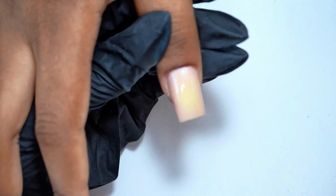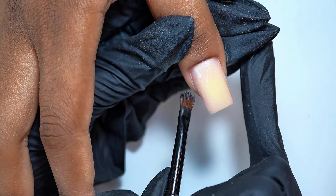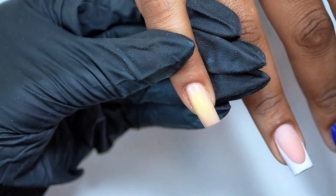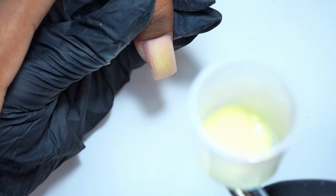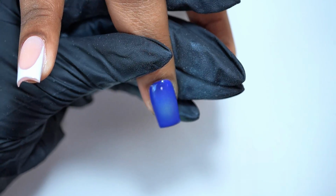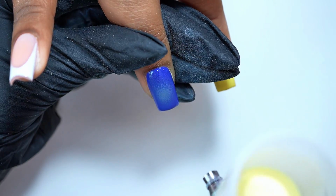And before curing it, I'm going in with my oval brush to clean up the cuticle area, because like I said, you don't want any uncured gel polishes, especially on the skin of your client. So make sure you clean it up really nicely. And I'm going for a second coat after I've cured it already one time under the lamp. I did two coats on the pinky and on the thumb, and now I'm going for one layer first